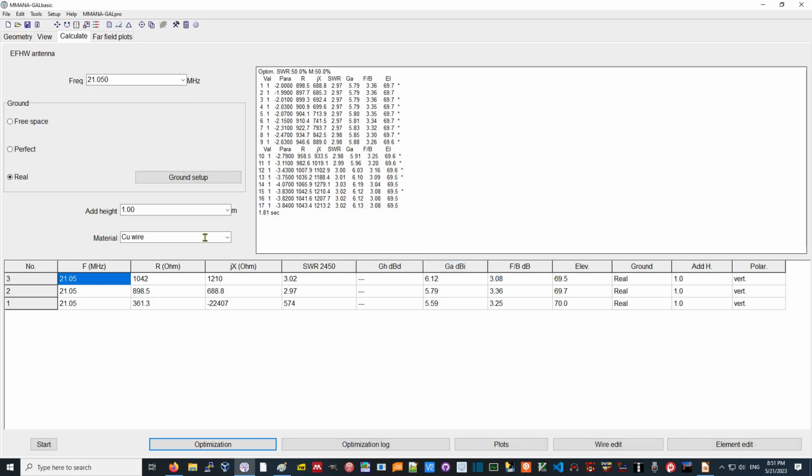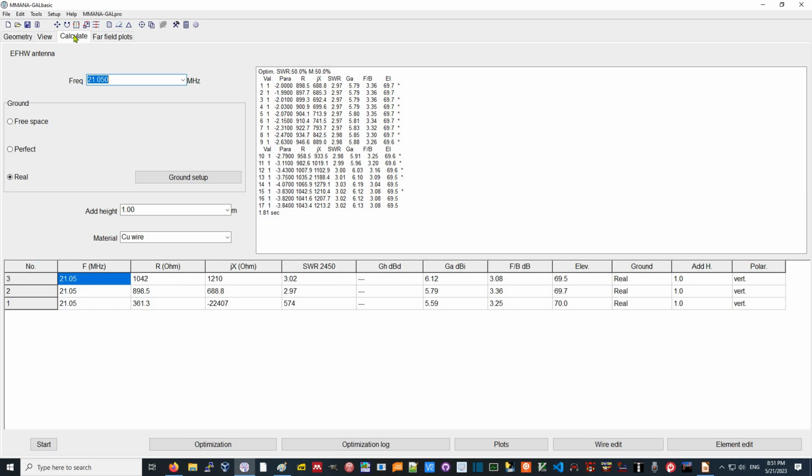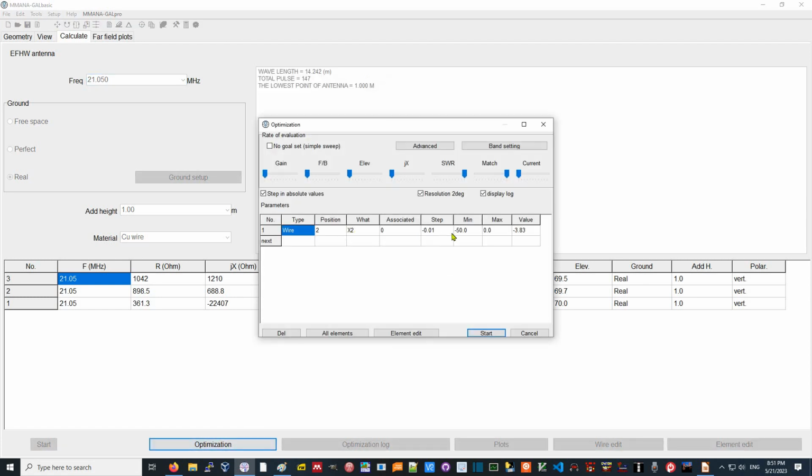Nah. And now what he's done is he's given us a little bit of a worse value there. So let's go to geometry, and he's changed it over here to -3.83. So, again, with optimization, you have to be careful that the mathematical solution is actually making sense. And in this case, not so much. So let's leave that one there, but